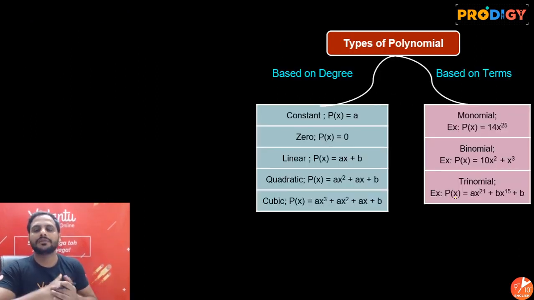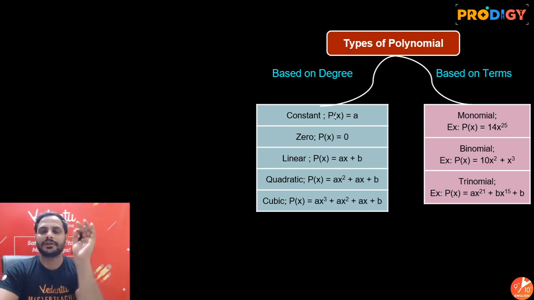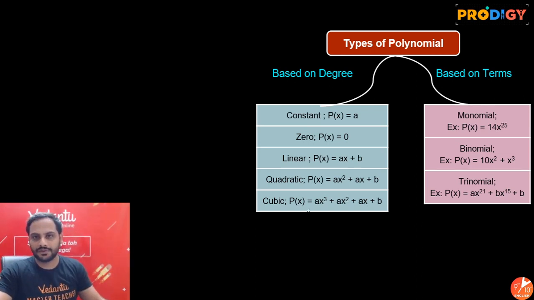Now the types of polynomial on the basis of degree. So we have constant polynomial, in which the degree of the polynomial is 0. So it consists of all the constant numbers. Any constant number will work over here. In constant polynomial, there is one more category, that is zero polynomial, and zero polynomial includes 0. So here remember, degree of zero polynomial is not defined.